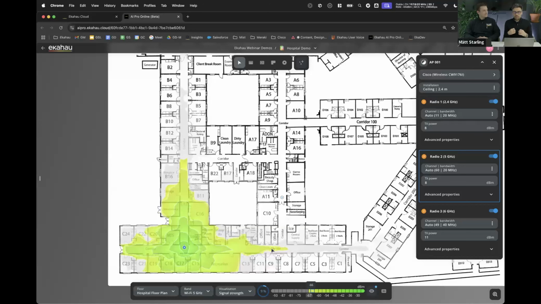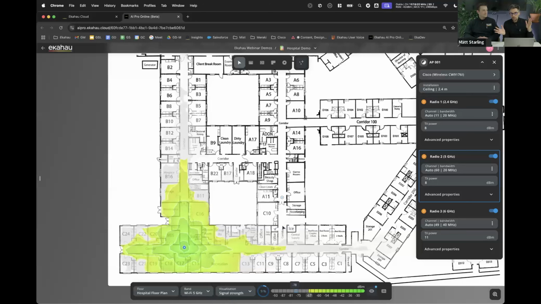So the client device wouldn't be thinking at any moment in time right now, oh, I need to go and discover another access point to go and roam to. I need to start scanning some channels. I need to go and look for another AP because my signal's getting weaker. So what would happen now is, let's say you make a left turn and go down this corridor, you go from having fairly strong signal at minus 66 dBm, and you take a few steps, and all of a sudden the signal has completely dropped by a significant amount.